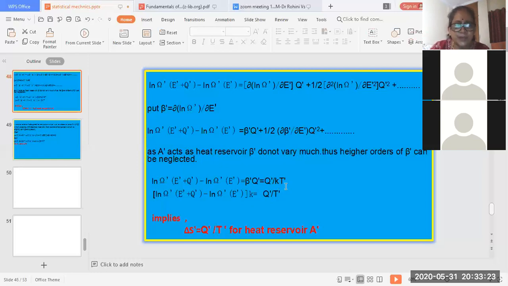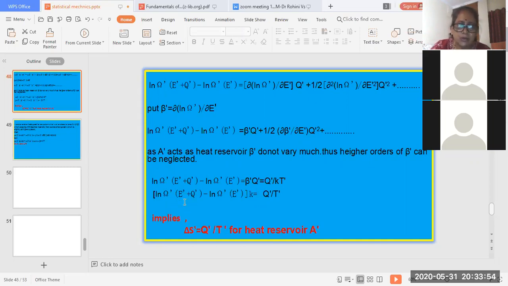Okay. So finally, where I am left, I will take this k this side. Okay, it is in the denominator. So you see here, left hand side, I have multiplied it by k. Okay, so right hand side, it is q dash divided by T dash. And you go back to your definition of entropy. So how is entropy defined? I think it has been given in unit 2 or unit 3. So it is defined as k ln of omega, that is entropy.